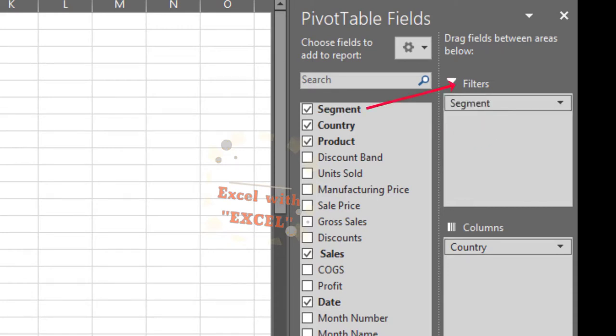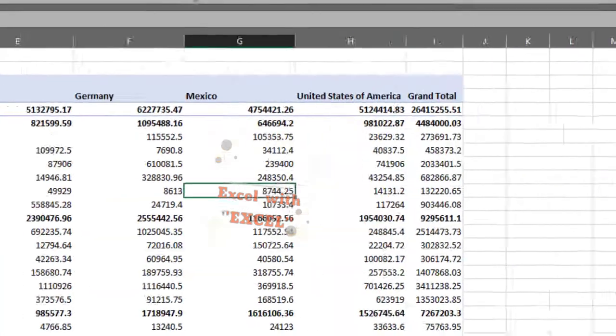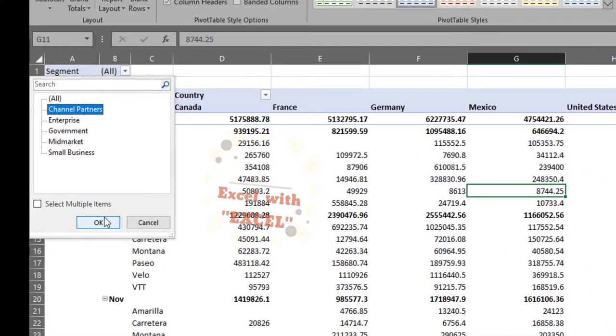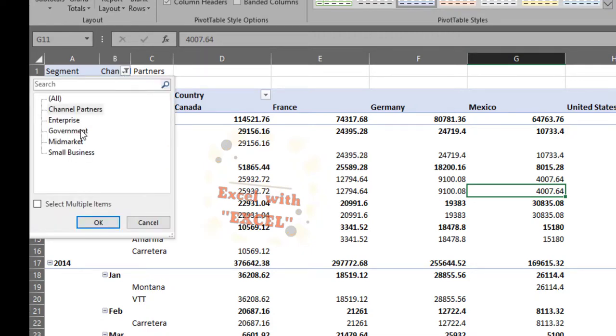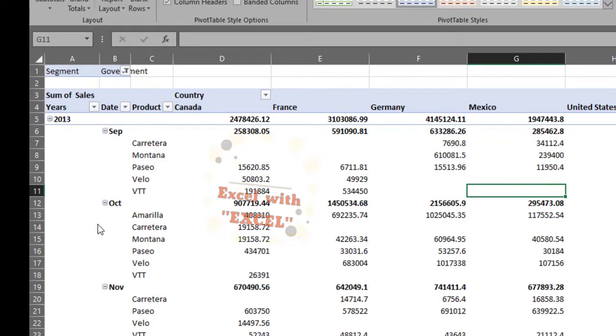Now here you see, if I select channel partner, I have got channel partner-wise sales. If I want to have a report of government as a customer, then you have the bifurcation of the sales made to government, and so on and so forth.